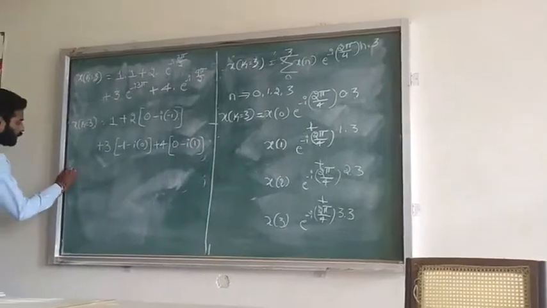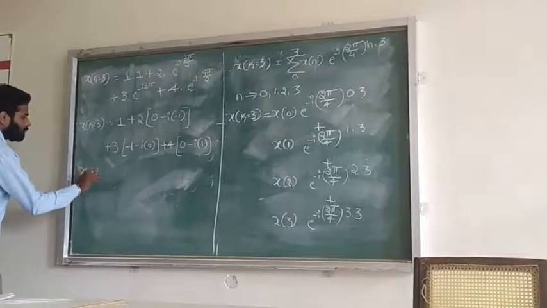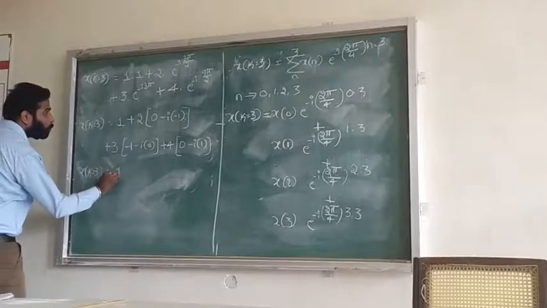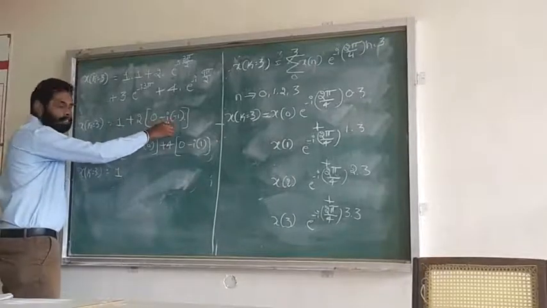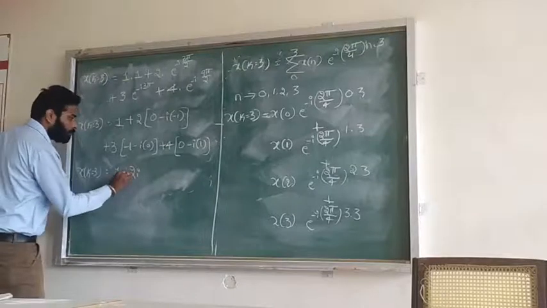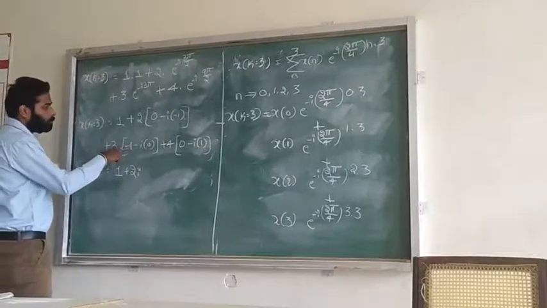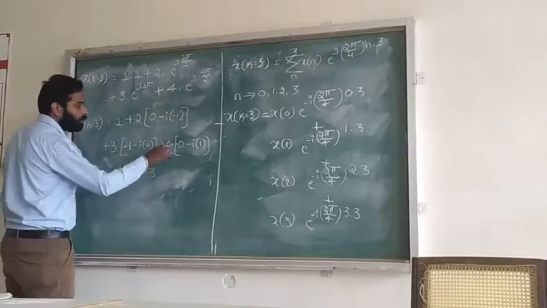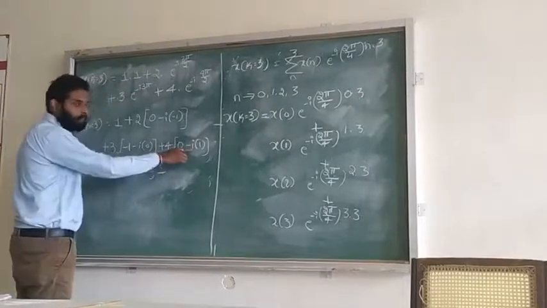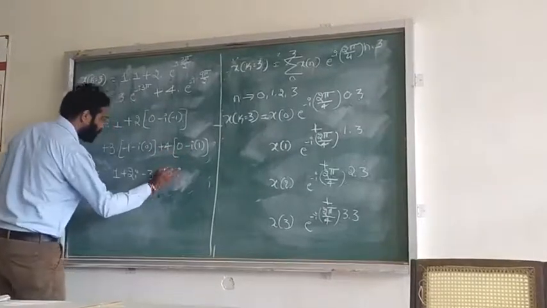Okay. So x at k equal to 3: this is 1, minus i into minus 1 gives plus i, plus 2i. 3 into minus 1 is minus 3. Minus plus into minus is minus, 4 into minus 4, minus 4. So this is